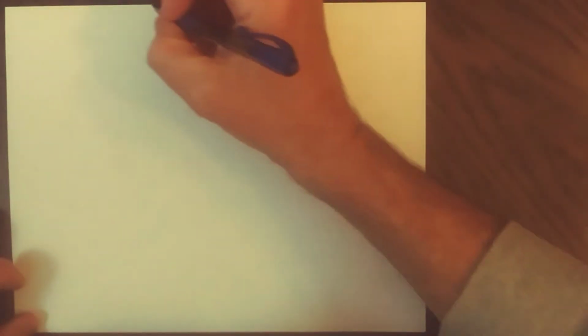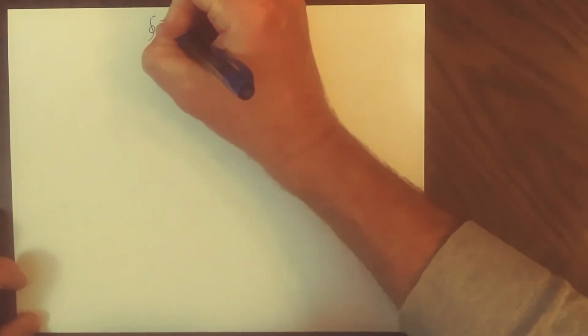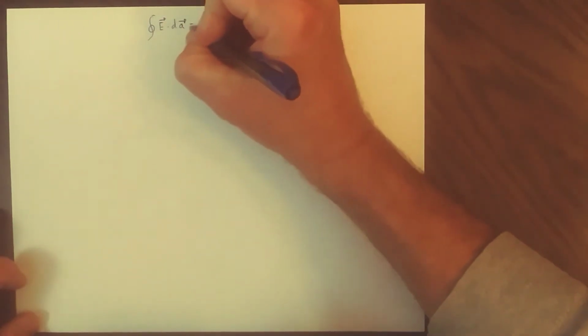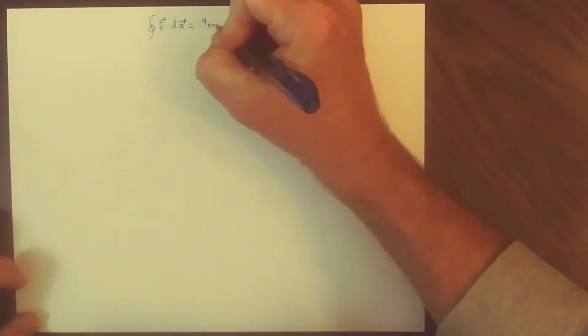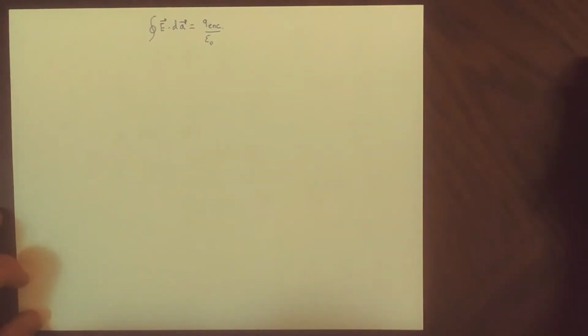Okay, so let's write down Gauss's law. The integral of the electric field over a closed surface is equal to the charge that's inside, or the charge enclosed, divided by a number, epsilon naught. And what we want to do is show in a very simple example how to use this to find the